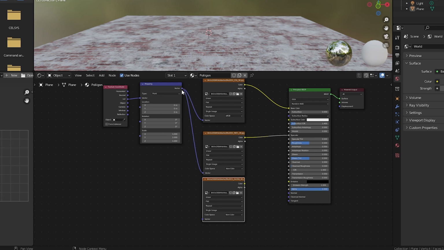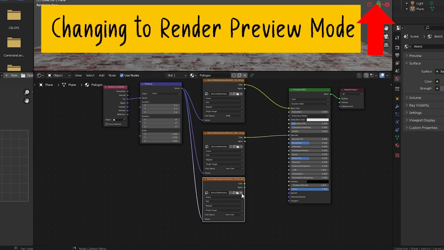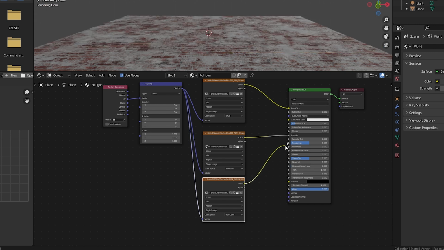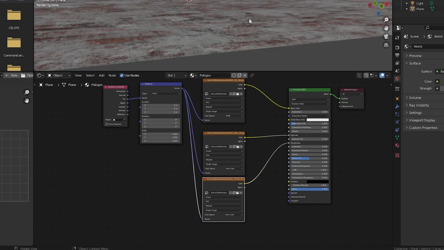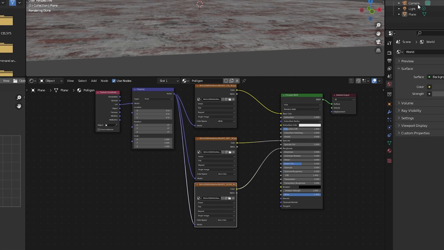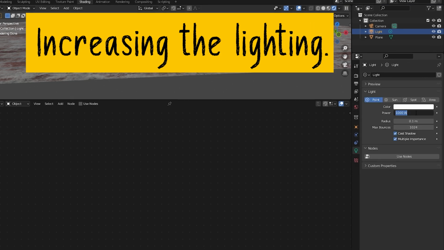All of the image textures we use will get plugged into this same mapping node because we need them all to line up with one another. Now, when we connect this gloss map to the roughness socket, we see a noticeable difference in the material. That is, if we're in render preview mode. A roughness map will make a material look more realistic, but there's a problem because the gloss map is actually the inverse of a roughness map. What's black on a gloss map is white on a roughness map, and vice versa.